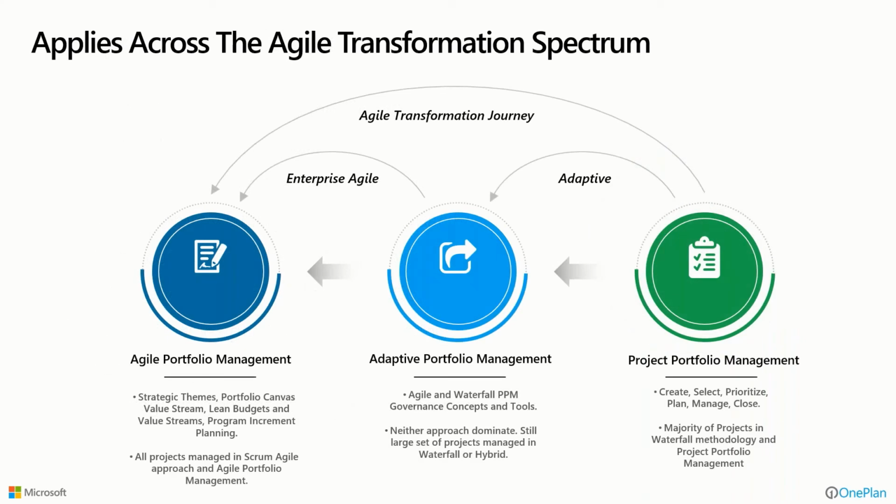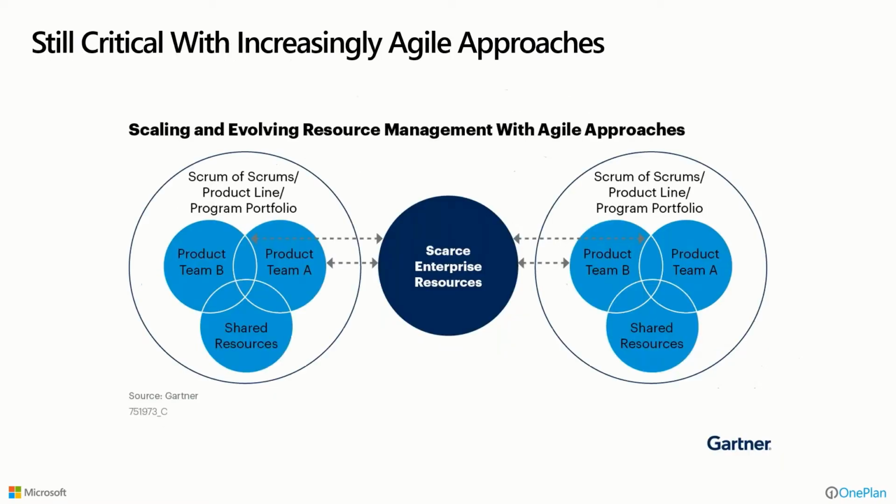And even more so, the move to more agile portfolio and project management does not change the fact that we have to do resource management to be effective in this realm. Even the Gartner Group says that, with agile approaches, you still need to have resource management, but the nature of how we do it may evolve and be scaling. We may be allocating resources in teams rather than by individuals. We might be highlighting our scarce enterprise shared resources that limit our ability to deliver. But the idea is this resource management component still has to be factored in to be successful.